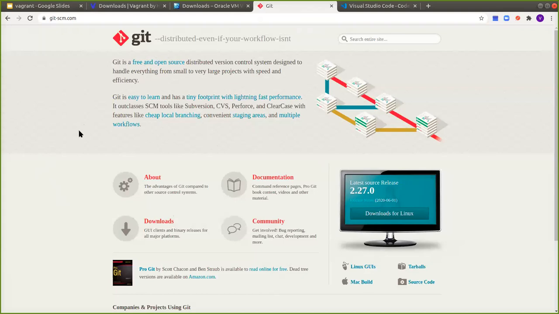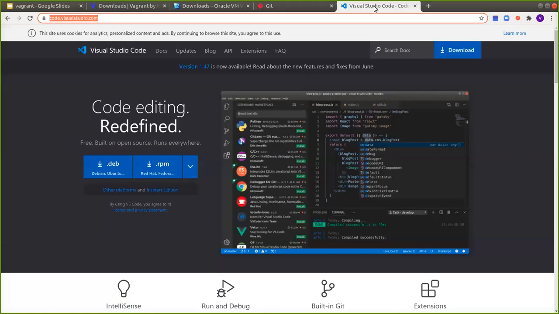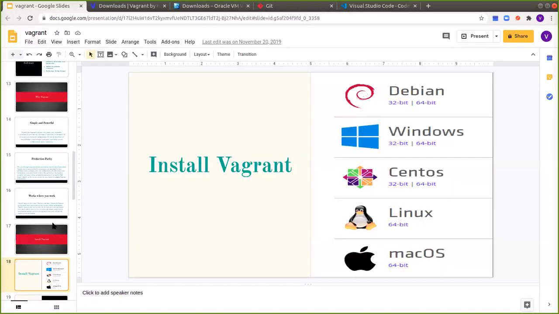For Linux and MacBook users, there is no need of that because their terminals are already there. And Visual Studio Code, VS Code, is very lightweight. We will install some plugins for Vagrant and for Linux, like bash scripting, so we'll get help, and we're going to use it for editing and writing code. So you just need these 4 tools installed on your system.